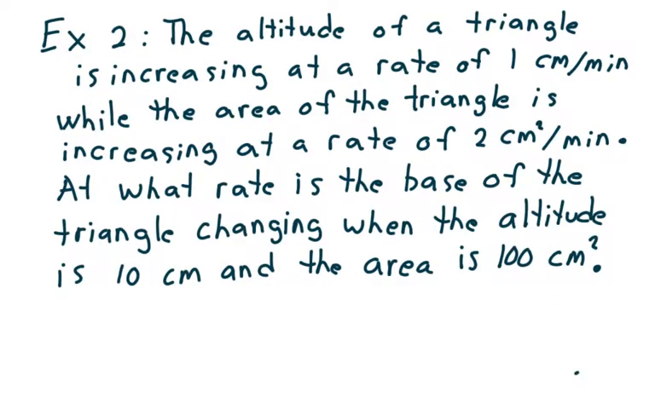Let's take a look at example 2. The altitude of a triangle is increasing at a rate of 1 centimeter per minute, while the area of the triangle is increasing at a rate of 2 square centimeters per minute. At what rate is the base of the triangle changing when the altitude is 10 centimeters and the area is 100 square centimeters? And so I'm looking at rate of change,